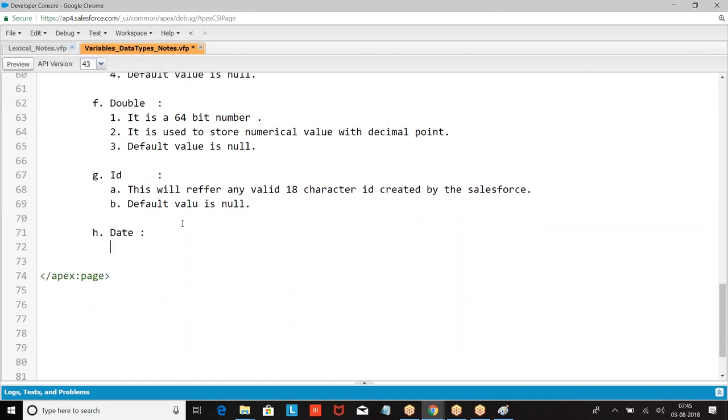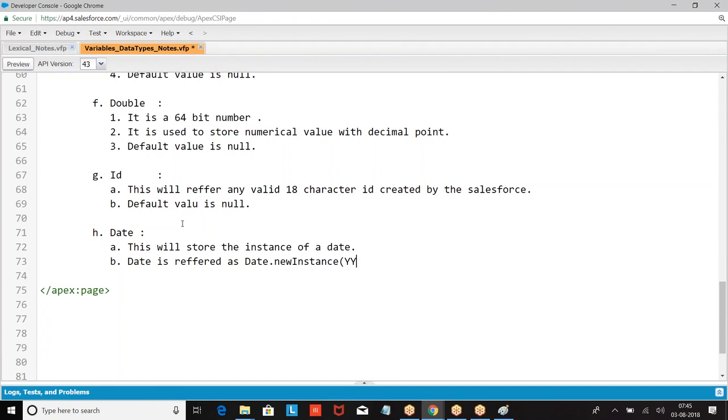Now what is the date? This will store the instance of a date. Date is referred in the form of Date.newInstance. Today's date is referred as System.today.